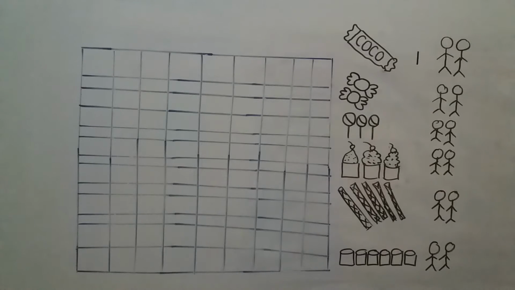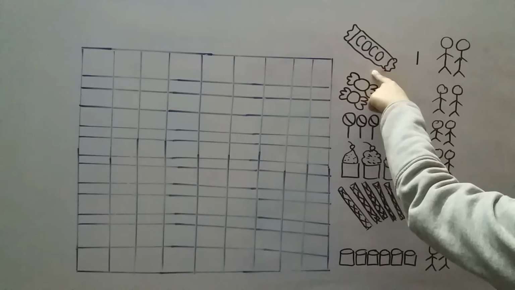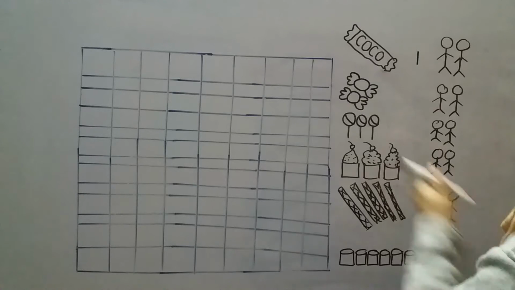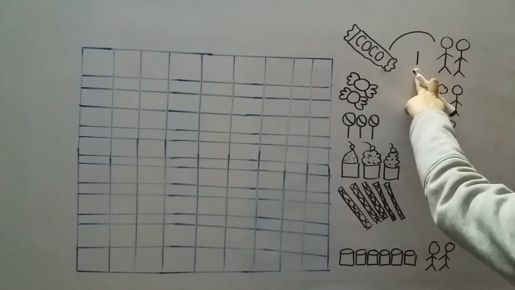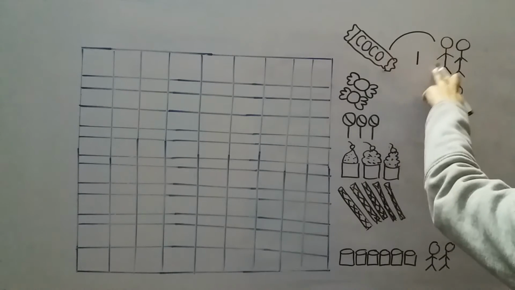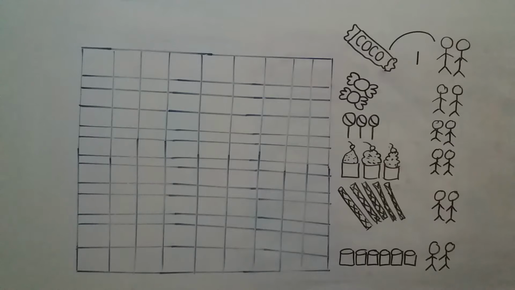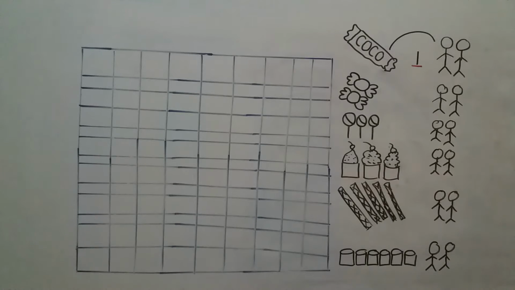Now, can one be divided into two students? Meaning, can this one chocolate be divided between these two students? I have only one chocolate and I have two students. If I give this one chocolate to this student, would I be able to give another chocolate to the other student? No, because I only have one chocolate. I did not give anything to this one. So one is non-dividable, one is an odd number. Let's put a red line under the odd numbers.